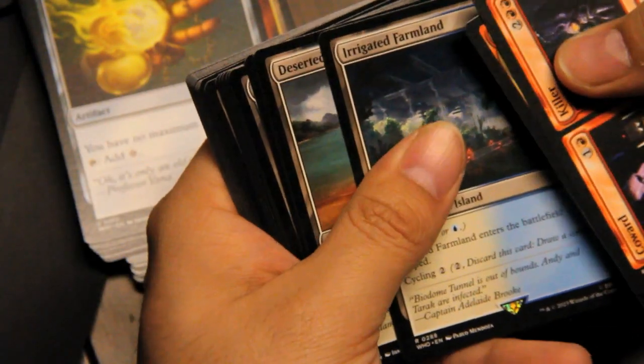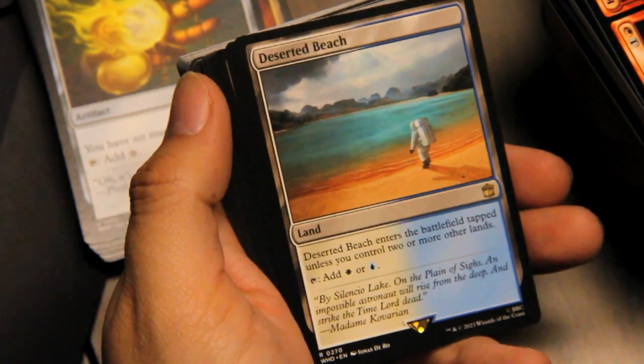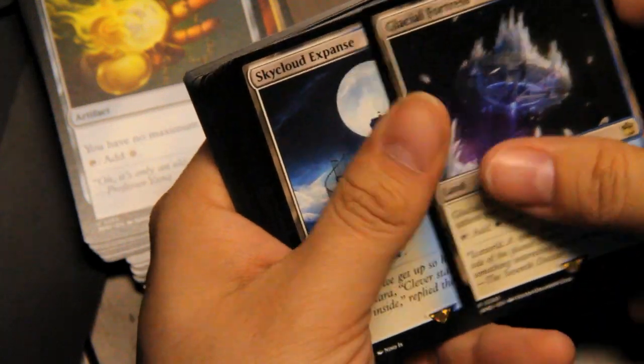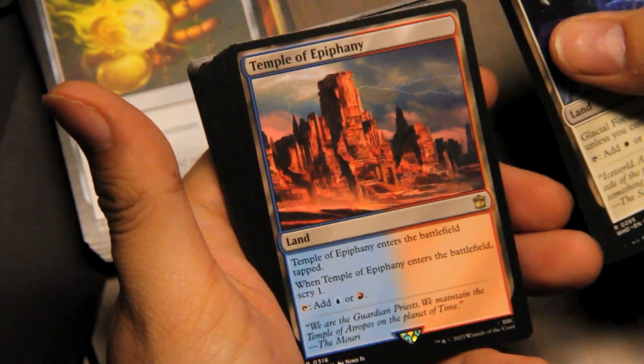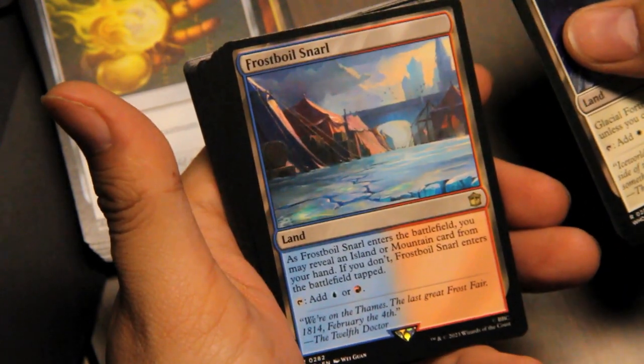Irrigated Farmland, Deserted Beach, Glacial Fortress, Sky Cloud Expanse, Temple of Epiphany, Frost Boil Snarl,